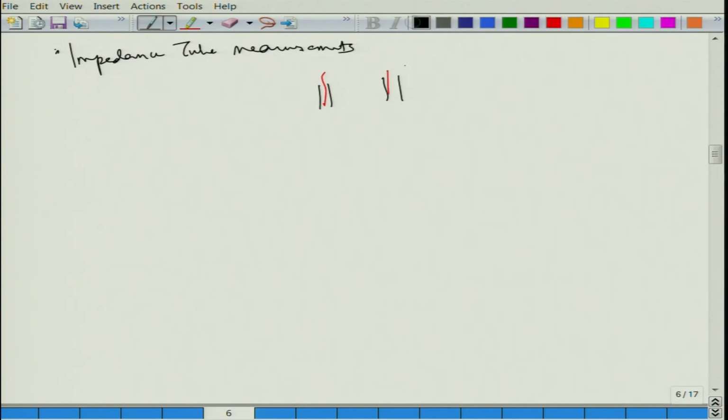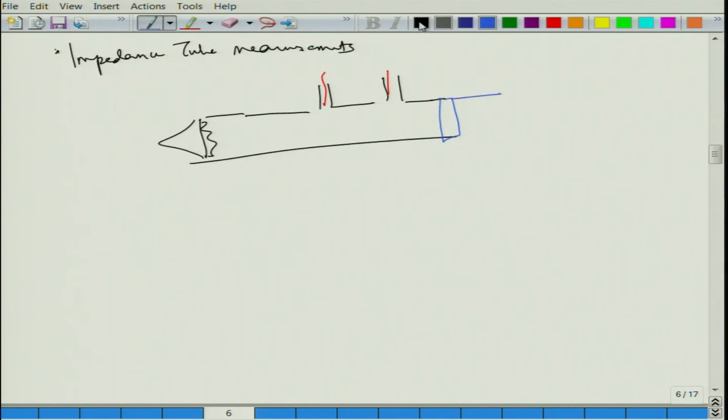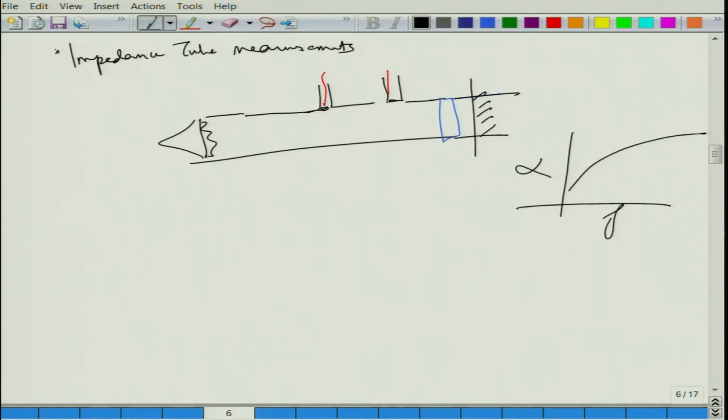microphone going in the tube like this, and you are putting up a specimen, you have a loudspeaker excitation here, and putting a specimen something like here back with the rigid cavity with air, and you are trying to figure out what the noise would be from the microphones here, and finding out the alpha absorption coefficient versus frequency, something like this. And using such a system, if you basically put a muffler here,